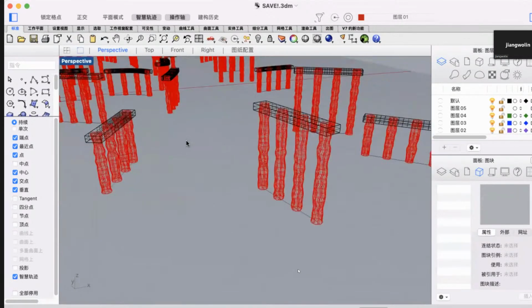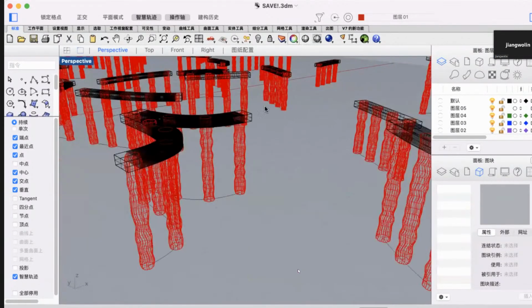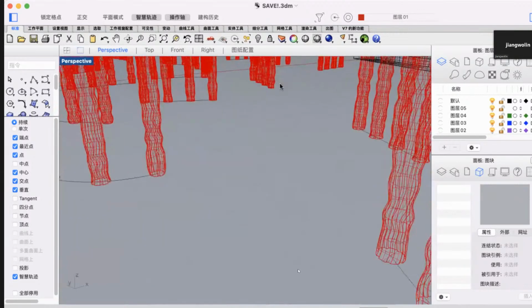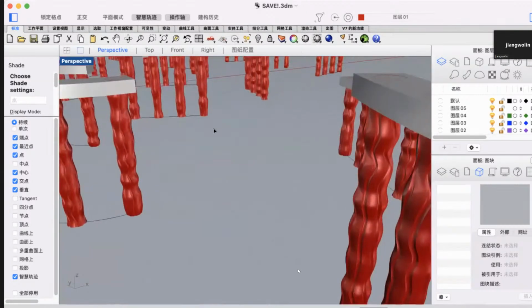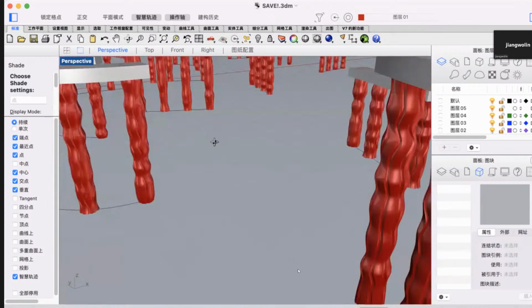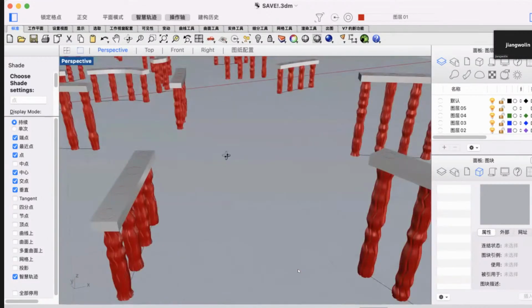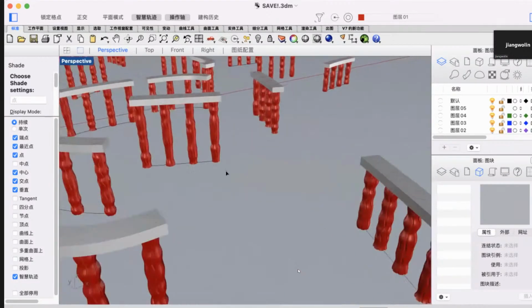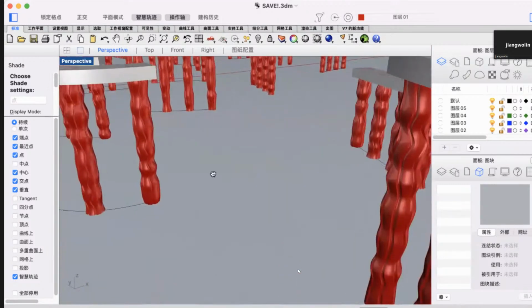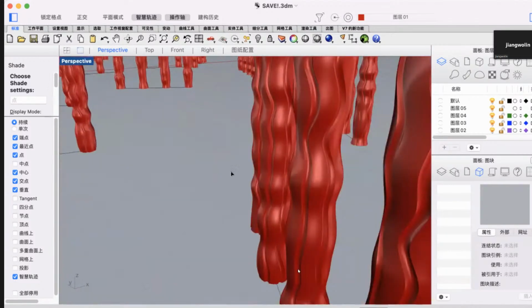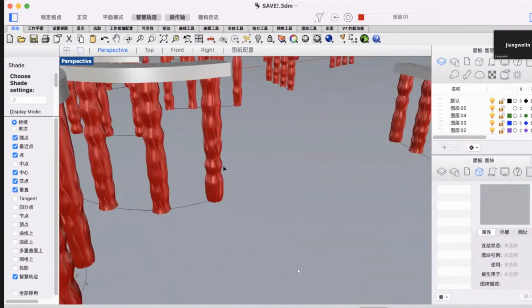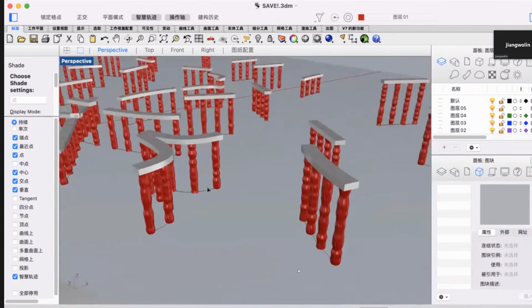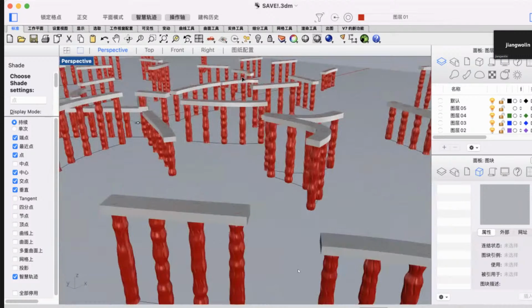I just made it in Rhino and was about to import it to Blender. So just some columns. I was thinking maybe of the pattern when I made it, and just adding some nonlinearity to the columns. But I have a question. That is, when I import it to Blender, it seems that